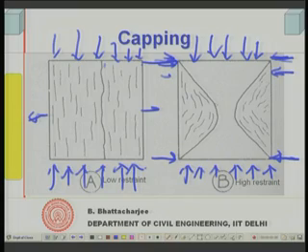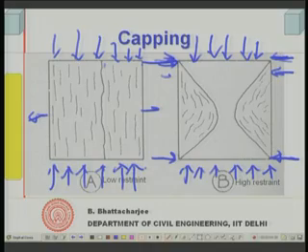In fact, there are several failure criteria for failure of concrete, stress criteria, etc., but the most well accepted criterion is the strain criterion, 100 to 200 microstrain. That means concrete fails when it reaches its ultimate strain. In this case it will be reached early, in this case it will be reached late, and thereby you can see that the failure pattern is also different. And you remember, we showed you a photograph earlier of actual cubes, and these failure patterns were like this, right.